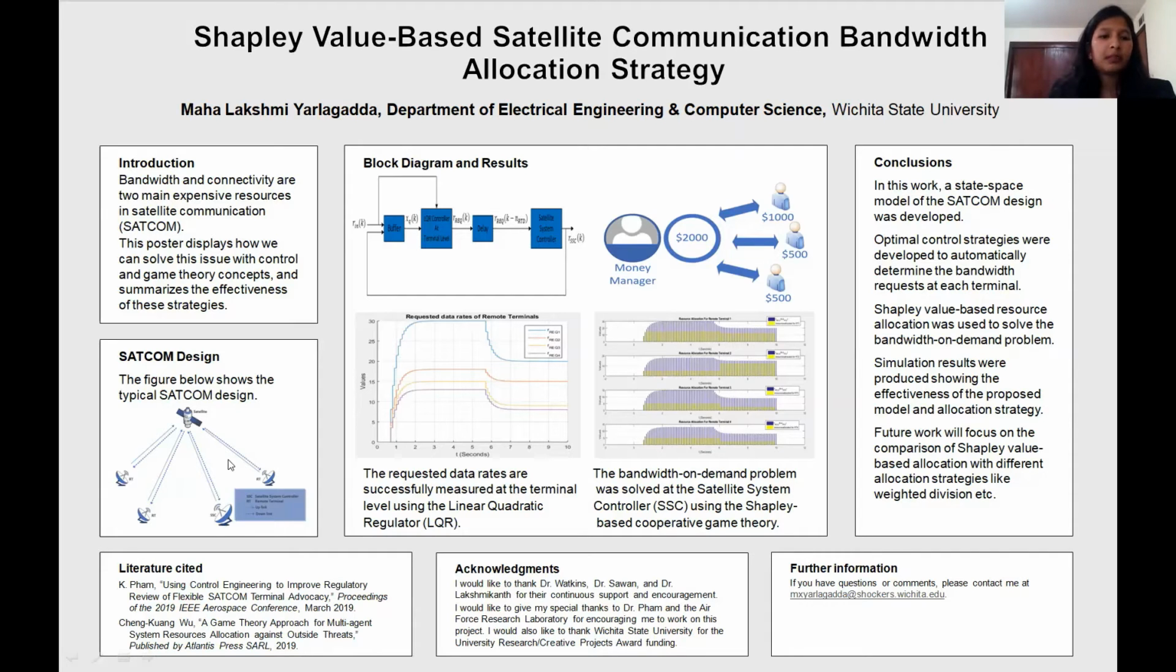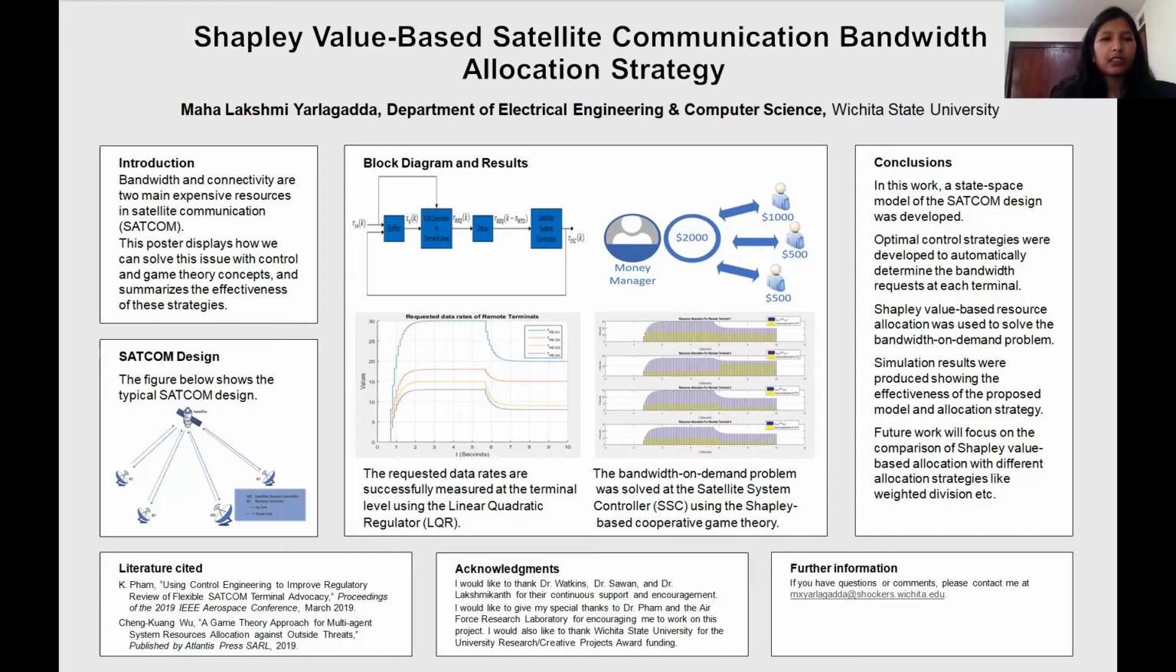Our motive here is an implementation of an effective technique to help the SATCOM network operation centers to distribute the resources fairly and effectively. I would like to address this issue in two steps. For the first step, we implemented our model using the loss of control theory. Linear quadratic regulator controllers were developed at the terminal level to determine the bandwidth requests. For the second step, we implemented the Shapley value-based cooperative game theory techniques at the satellite system controller to process